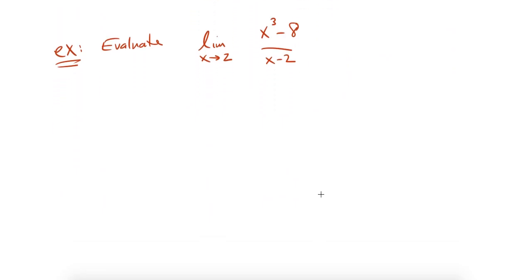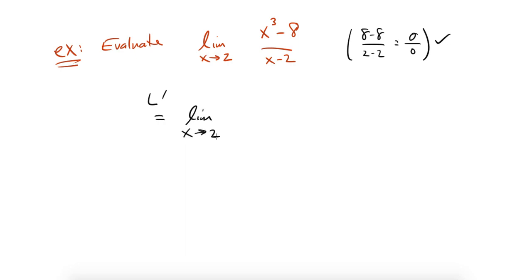So for example, let's evaluate the limit as x approaches 2 of x cubed minus 8 over x minus 2. First you can check this, and when you do, you get 8 minus 8 over 2 minus 2, or 0 over 0. Okay, so that means this is an indeterminate quotient. We can use L'Hopital's rule. Now, if you didn't have L'Hopital's rule, you'd have to know how to factor a difference of cubes, and then you could do it by factoring. But a lot of students don't really like difference of cubes, or they don't like factoring cubic things. So instead what we can do, I'm just going to indicate L apostrophe to mean I'm using L'Hopital's rule, is